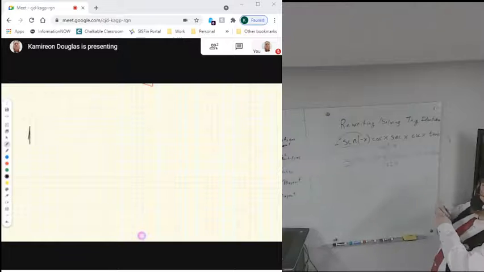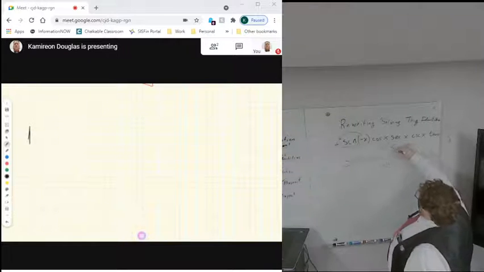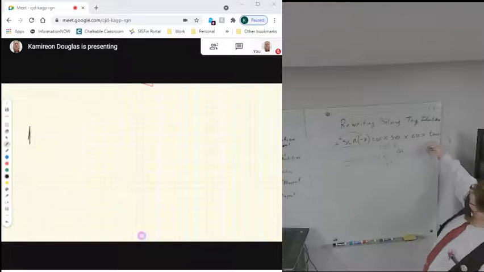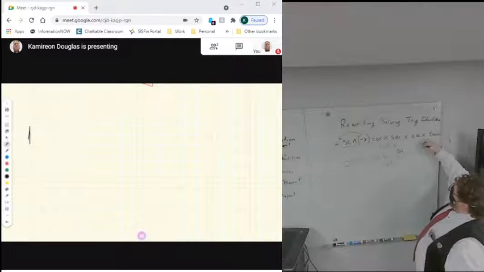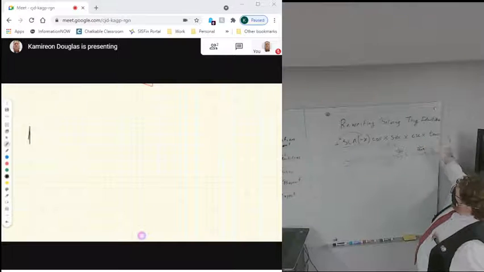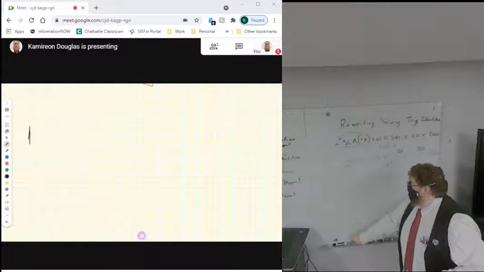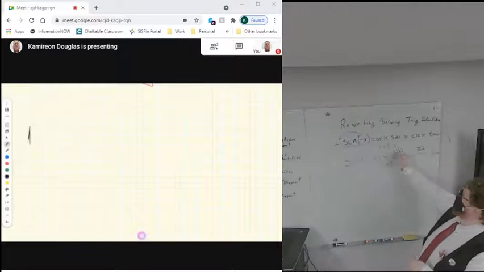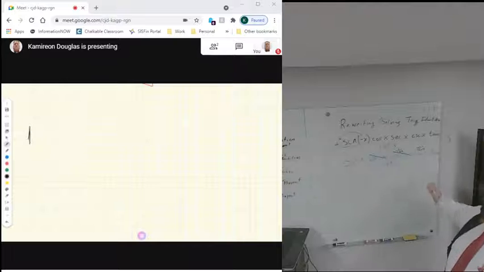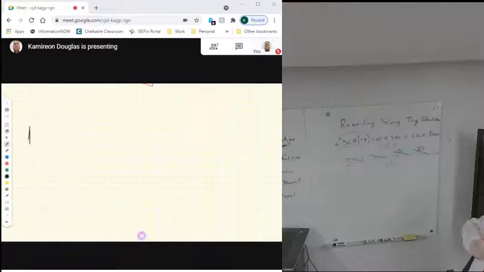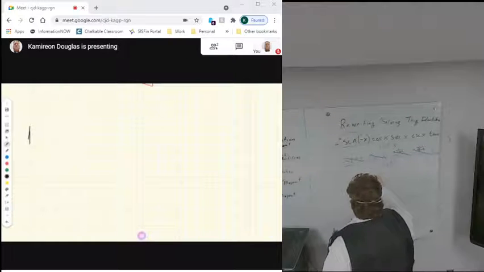Secant's 1 over cosine. So secant becomes 1 over cosine. And why is that helpful? You just cancel out the other cosine. Okay, and what about cosecant? Cosecant turns into 1 over sine, right? And why is that helpful? Cancel out the sine. So the secant cancels out the cosine. It'd just be tangent over cotangent. Yep. The cosecant cancels out the sine. And what's left behind is tangent